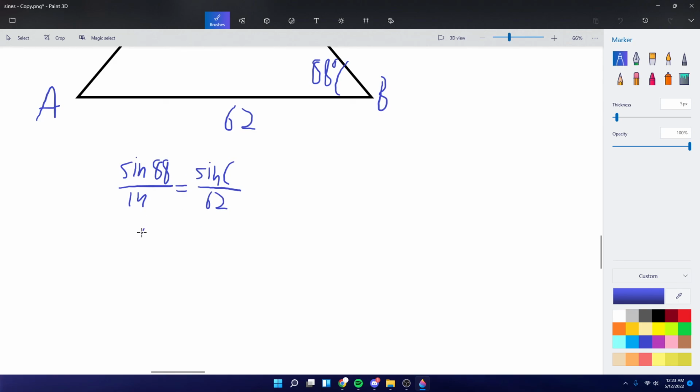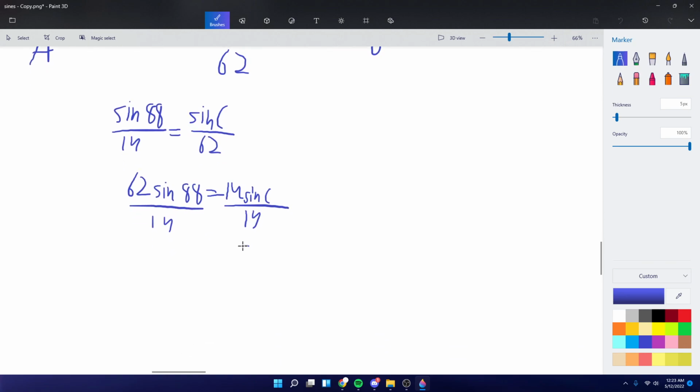And then let's cross multiply: 62 sine 88 equals 14 sine C. Divide both sides by 14, and then you put this in your calculator. You get sine of C is equal to